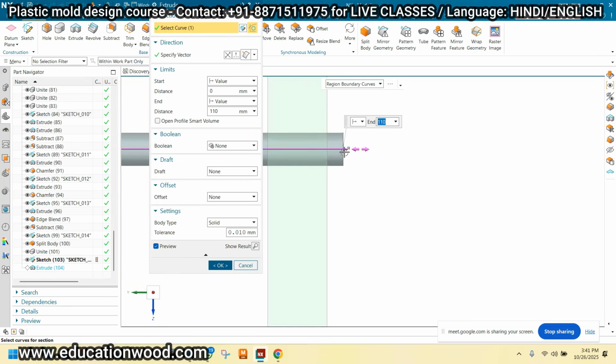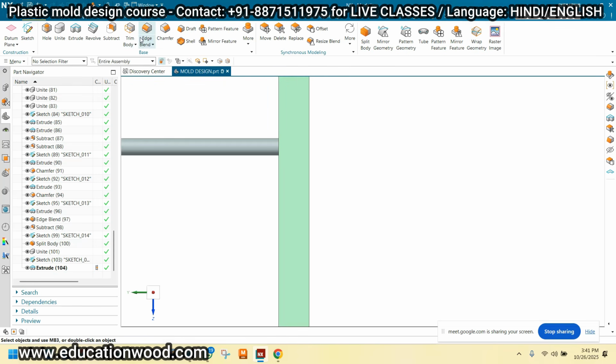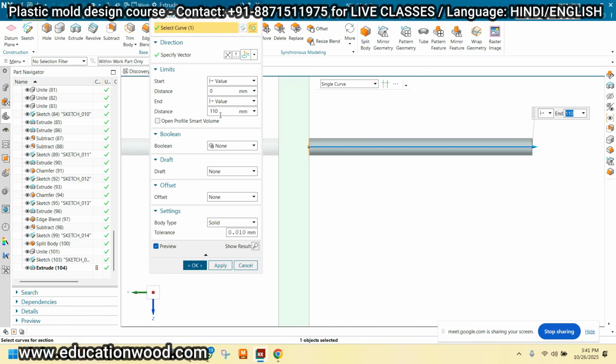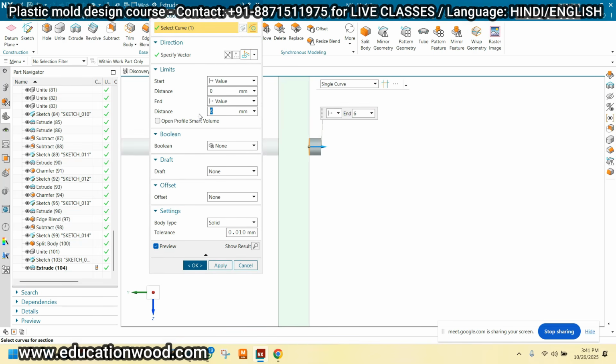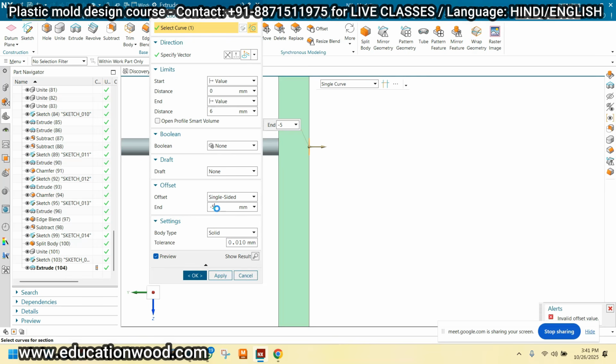Extrude. Now see, like this, and just click OK. Extrude this one also. And this is the 6, and again I'm taking single sided.